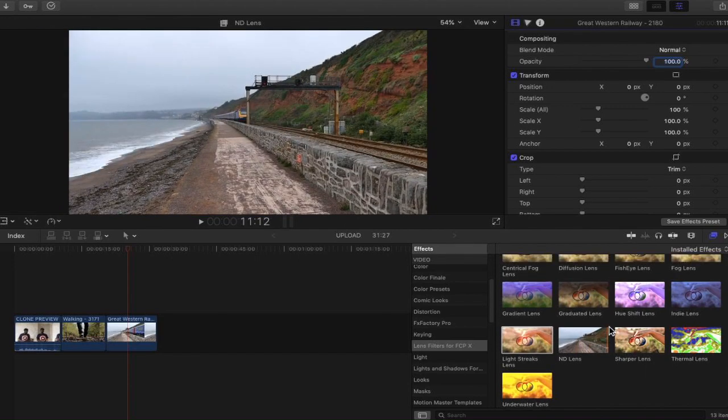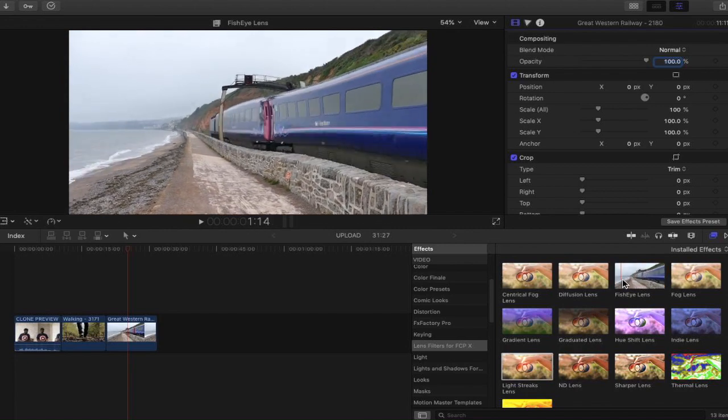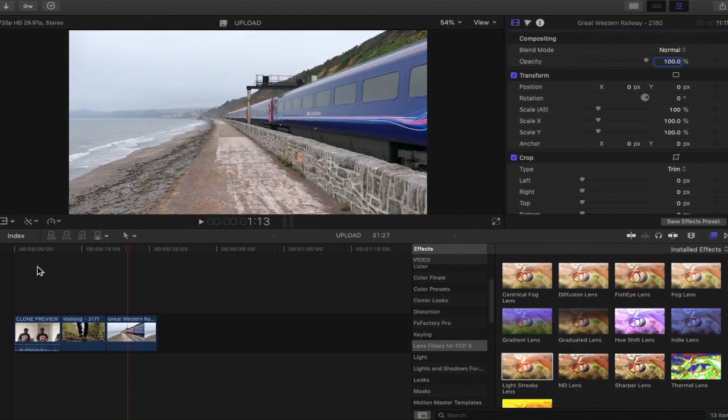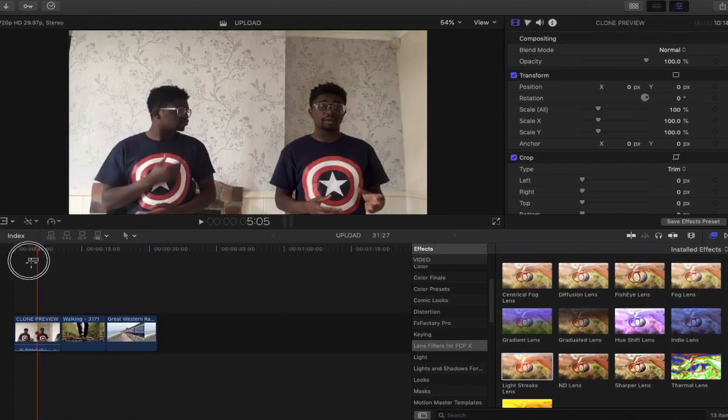So we're going to have a look at two more. We're not going to use all of them today. That one is always really cool. The reason why I like this, I'm going to see if it works correctly on my shot, see if I can do this properly, is because a lot of people use,